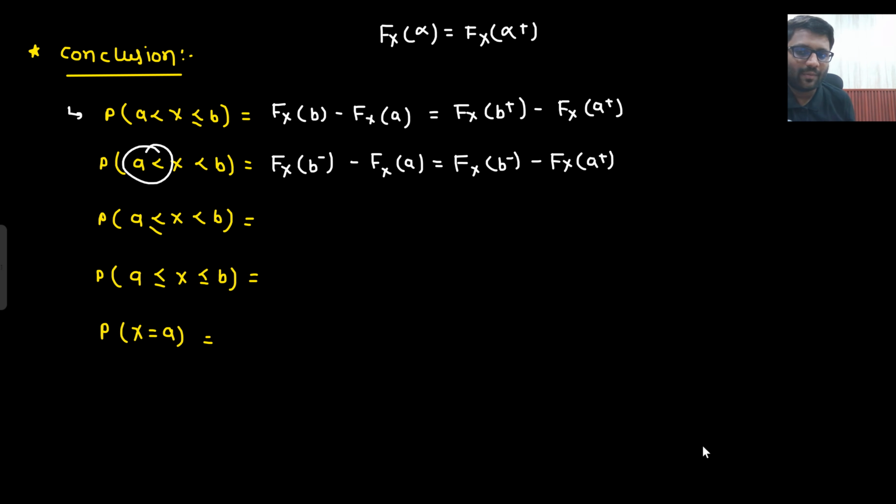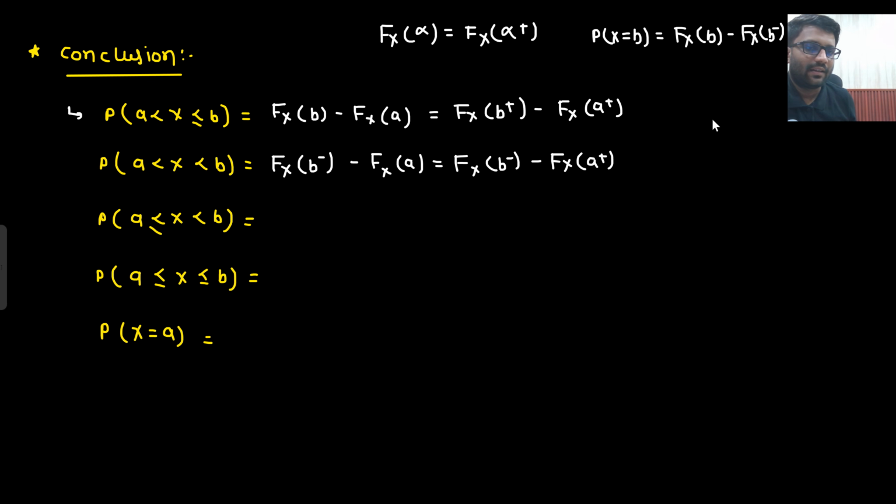So here there was no problem, but here there was a problem. Because there was a problem, b minus came. Now in the examination it might happen that they will not give b minus. So what will you do? You will think that I know the probability at x equals b will be equal to Fx of b minus Fx of b minus,